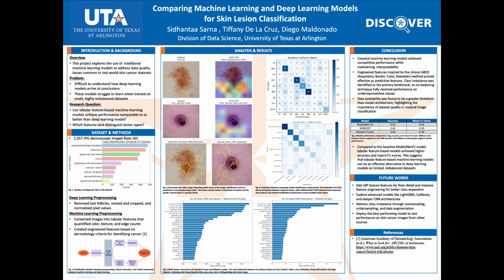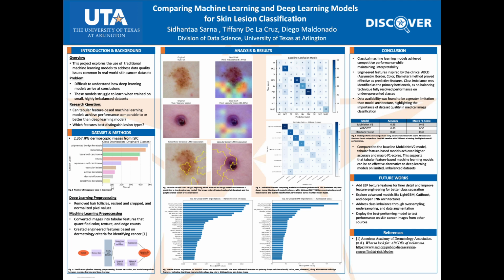So our primary research questions are: can machine learning models achieve similar or better performance than deep learning models? And what features actually are the best at separating lesion types? So our dataset consisted of 23,057 images from ISIC, divided between 9 classes. And as you can see, the classes are highly imbalanced, ranging all the way from almost 500 images down to